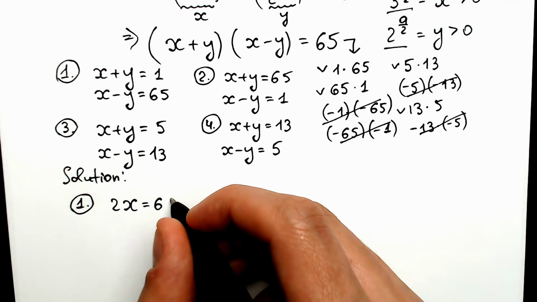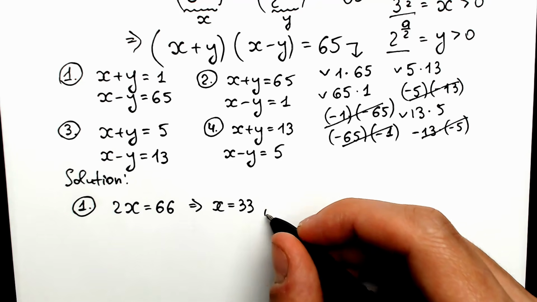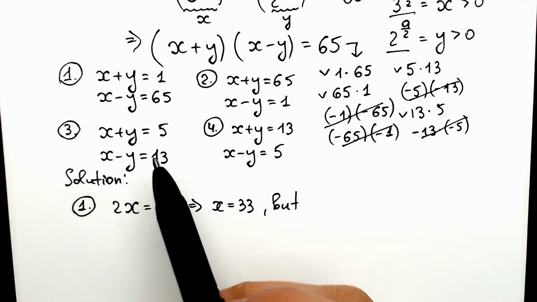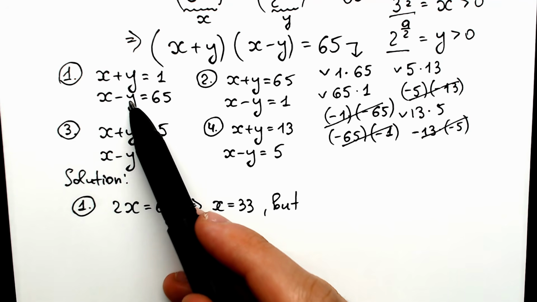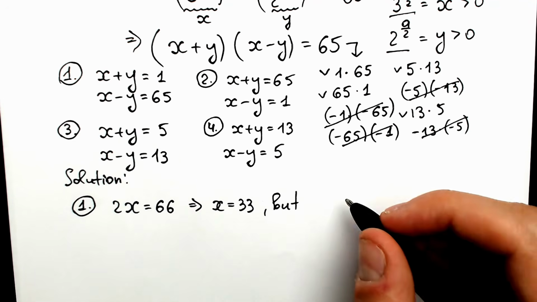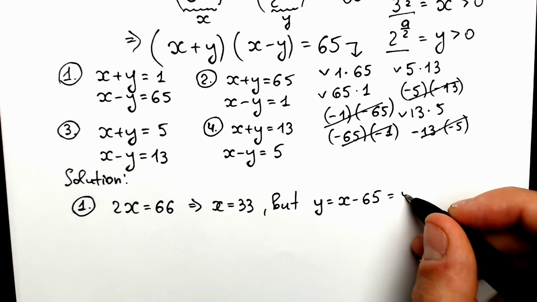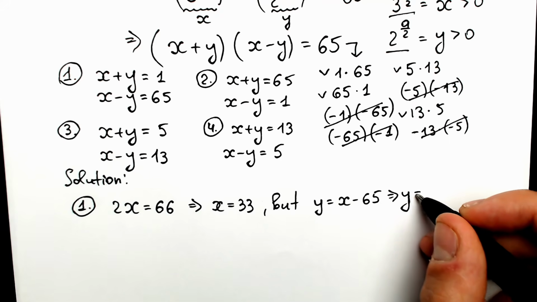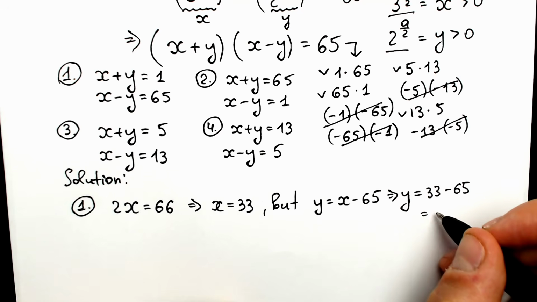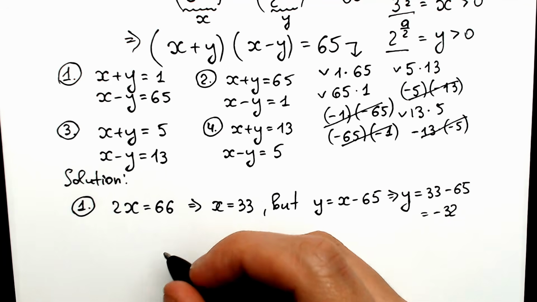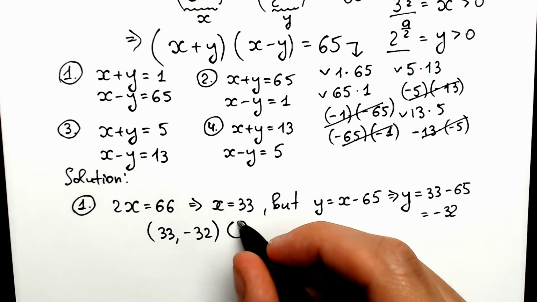2x is equal to 66, and from here x is equal to 33. But if you're talking about y, so for example we have y equal to x minus 65. So from here we have y equal to 33 minus 65, which is equal to minus 32. So basically we have one pair, 33 and minus 32, which is not good for us because we're interested in